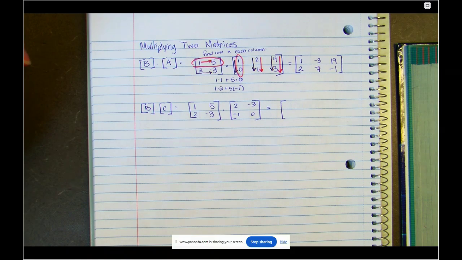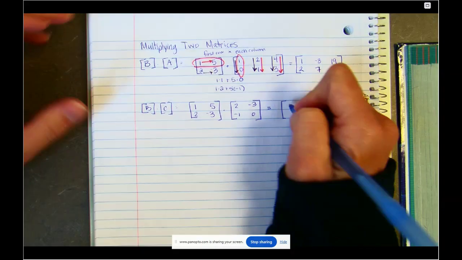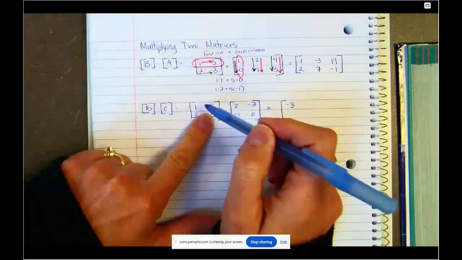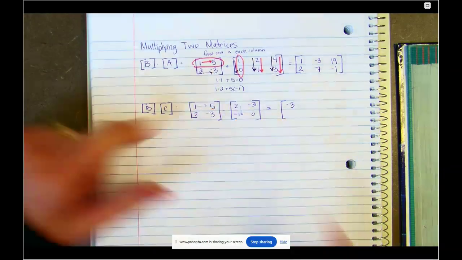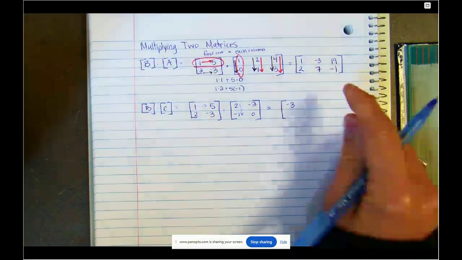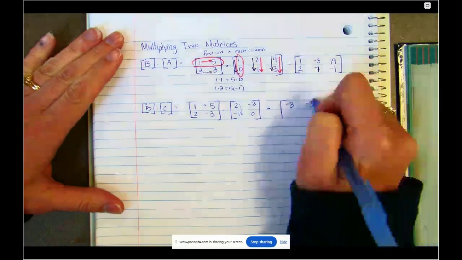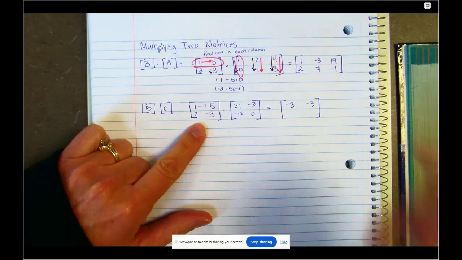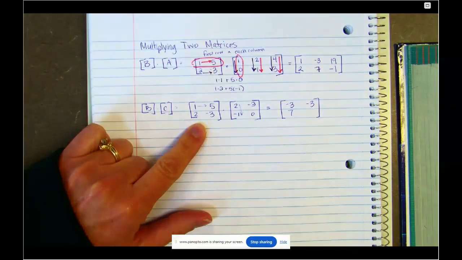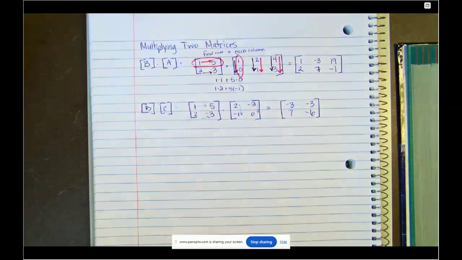Okay. I gotta think about this just a second. What's the first row, first column answer? Yep, negative 3. Okay, so we're multiplying 1 and 5 times the 2 and the negative 1. So 2 and negative 5 added together. What's the next one? Yeah, also negative 3. Okay, and then bottom row, 7. Yep. Okay, now